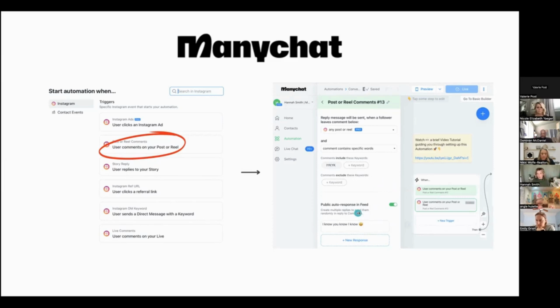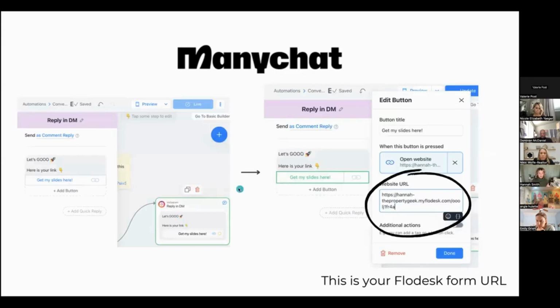And then I always do a public auto response so that the comments are replied to for me. You don't have to do that. You could decide that later in the day you're going to go back and comment yourself, but I just put a public auto response. And that's the beginning of what they're calling the trigger, right? That's triggering something else to happen. So someone comments this word on my reel, what's going to happen? This is going to happen.